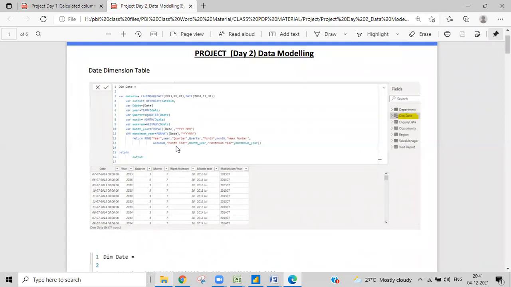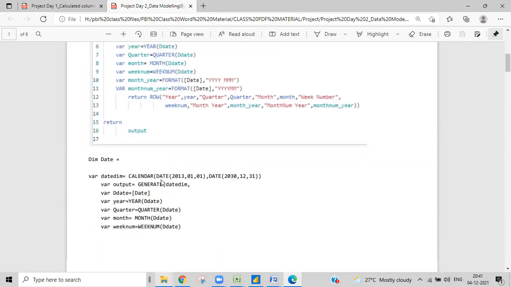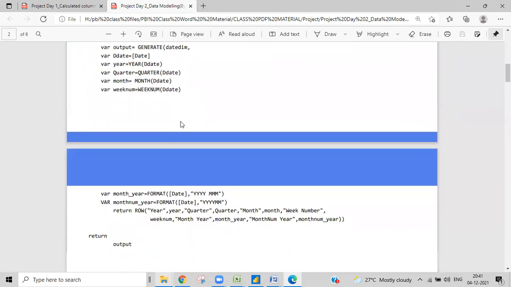Obviously, we might already know how to create a date dimension. If not, please let me know and I'll give you a brief after this. It's very easy, using some DAX functions. This is the code to get the date dimension table.